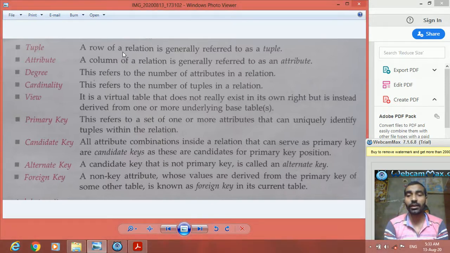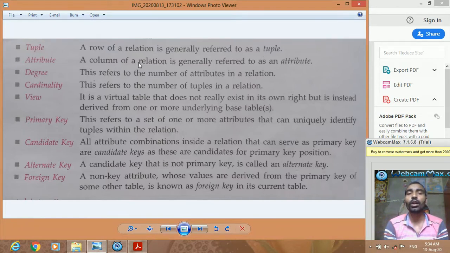Remember, this is the tuple in the relational data model, and the tuple you have studied in Python is different. So kindly remember that, and this tuple is being used here in the relational data model. Here the tuple is a row of a relation, and a row of a relation is generally referred to as a tuple.